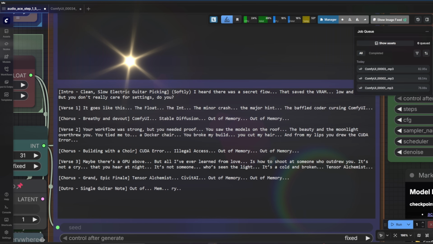I heard there was a secret flow that saved the VRAM, low and slow. But you don't really care for settings, do you? It goes like this: the float then, the buffer coder cursing ComfyUI. ComfyUI, stable diffusion, out of memory, out of memory. Your workflow was strong, but you needed proof. You saw the models on the roof, the beauty and the moonlight overthrew you. You tied me to a darker chair, you broke my build.